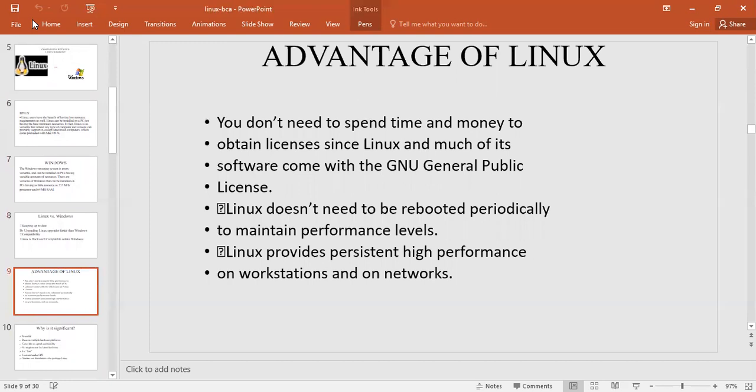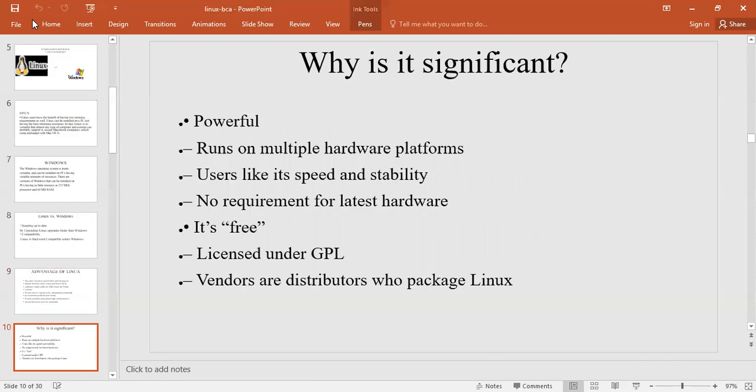You don't need to spend time and money to obtain licenses, since Linux and much of its software come with the GNU General Public License. Next, Linux doesn't need to be rebooted periodically to maintain performance level. Next advantage: Linux provides persistent high performance on workstations and on networks.